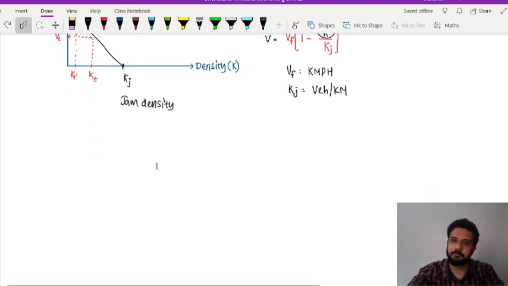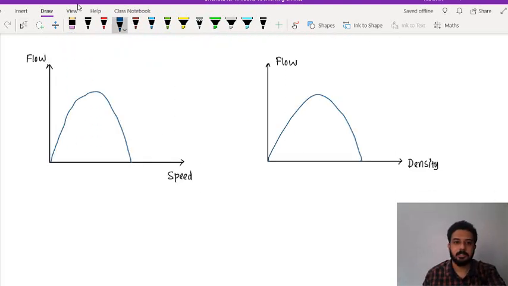First I will draw that graph, then we will continue. Yes, I have drawn those 2 graphs. So we have seen this graph in the previous video also. So the maximum value of speed, I am putting it as Vf, starting from 0, and the maximum value is Vf. Similarly, starting from 0, the maximum value of density is Kj. Okay, and we are getting the maximum flow value. Suppose if I am putting Q max, Q represents the flow, so Q max is the maximum flow.